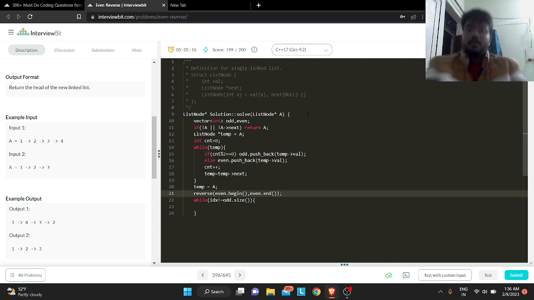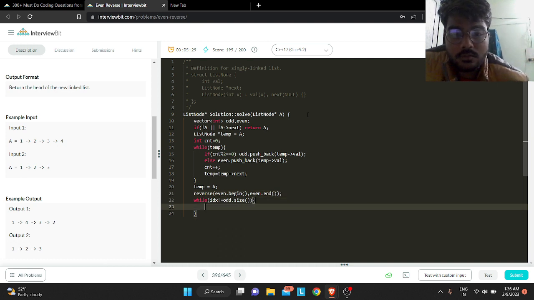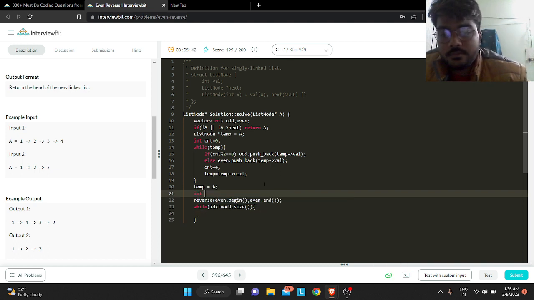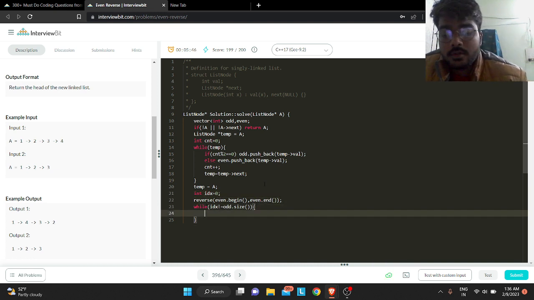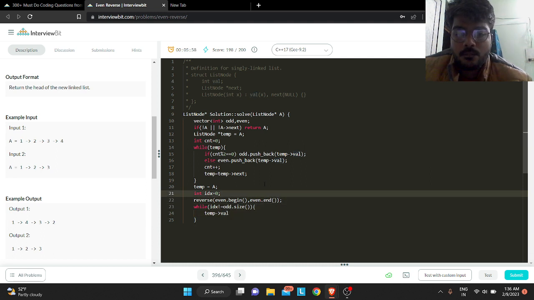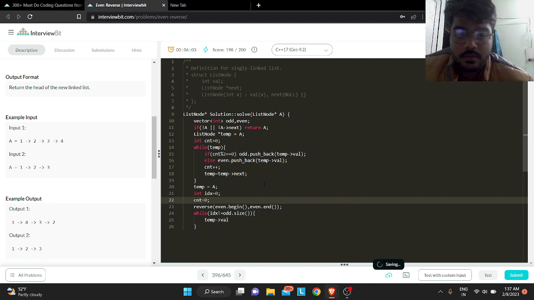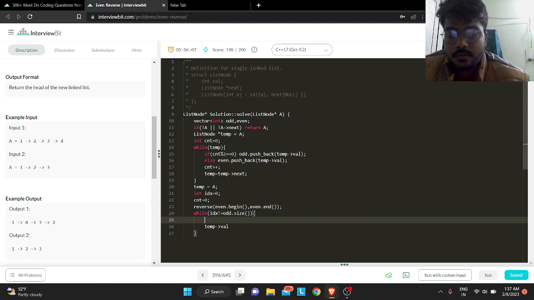Okay, reverse from even.begin to even.end again, and I also have to maintain a variable and temp's value. Let me initialize cnd equals 0. So if cnd mod 2 is equals to 0,